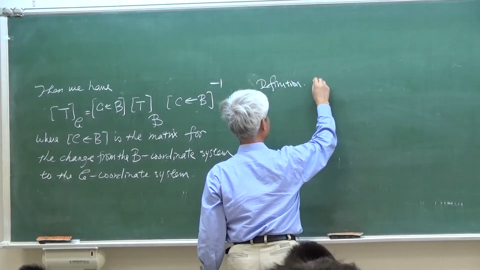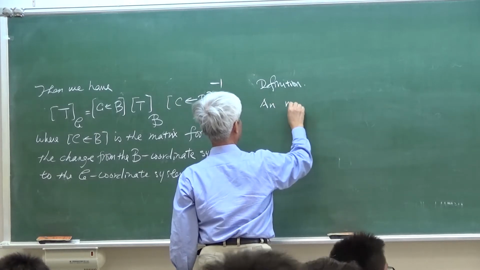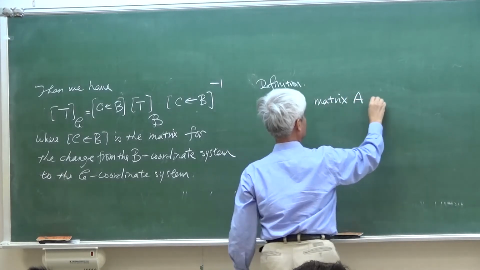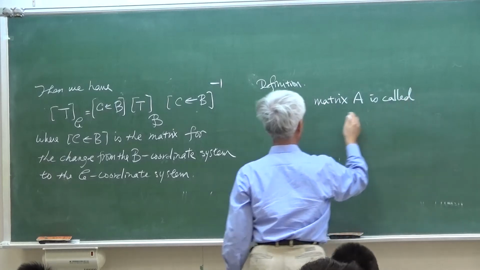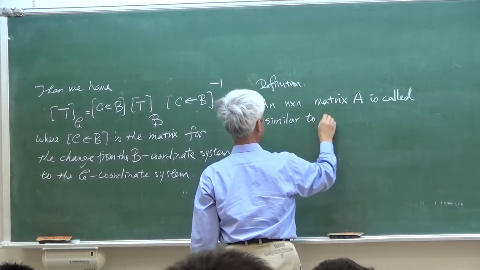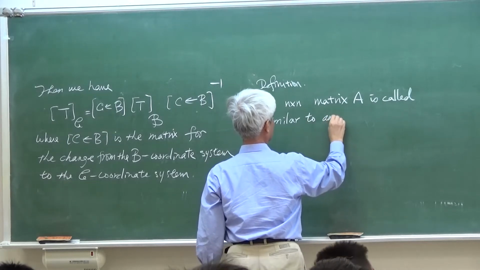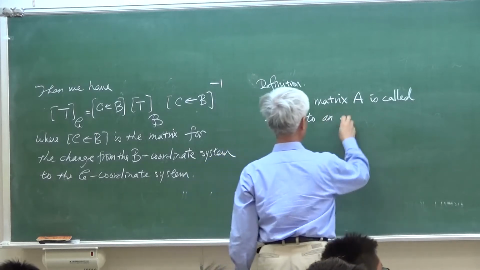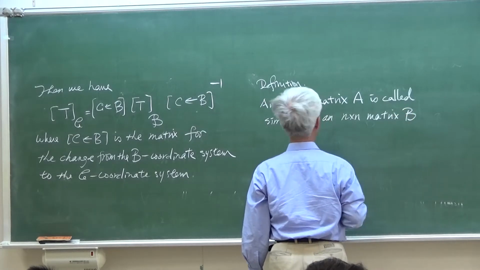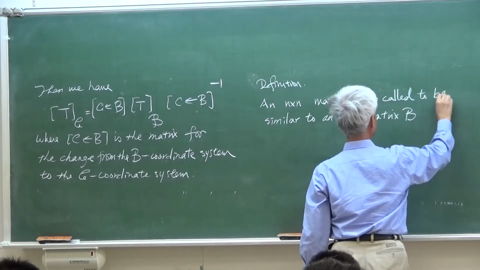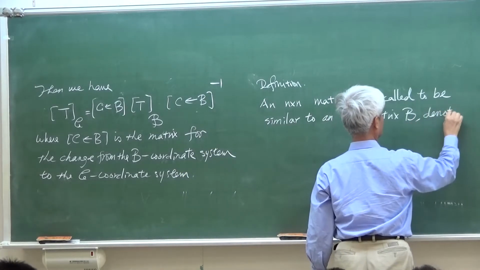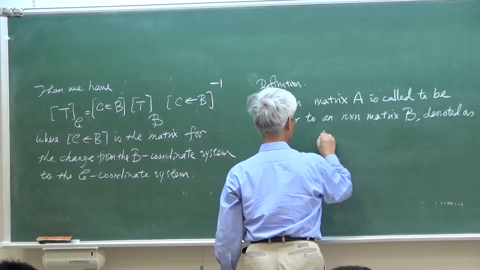So we say that an n times n matrix A is called similar to an n times n matrix B, denoted as A similar to B,